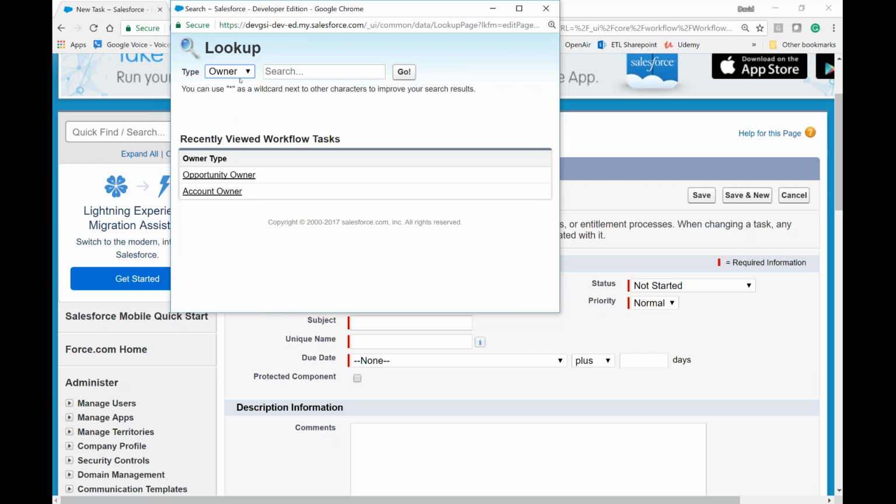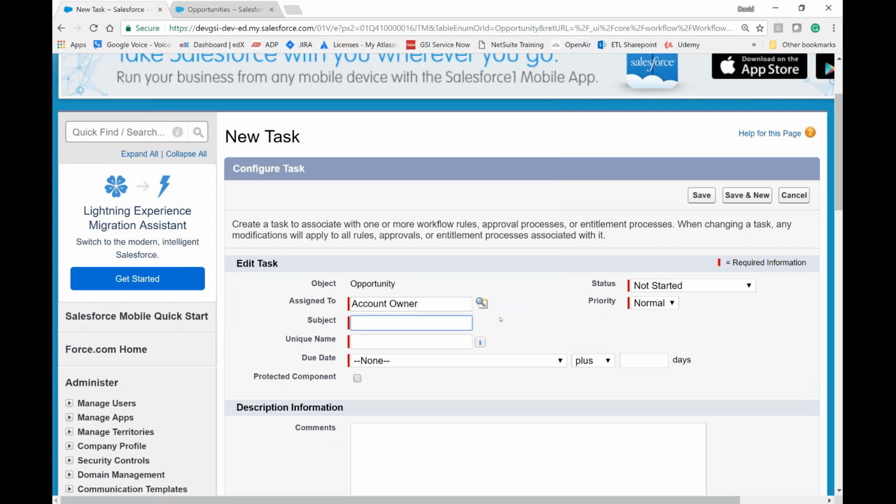You can assign it to the owner of the record, either the account owner or the opportunity owner, or you can assign it to the creator, so whoever is creating the opportunity would get this task. In our case, we want to assign it to the owner, and that owner is the account owner. What this would allow to happen is you could have your inside salespeople add an opportunity to an account, and the account owner will be notified that they've got a task. So let's select account owner, and the subject is going to be follow up with new account,